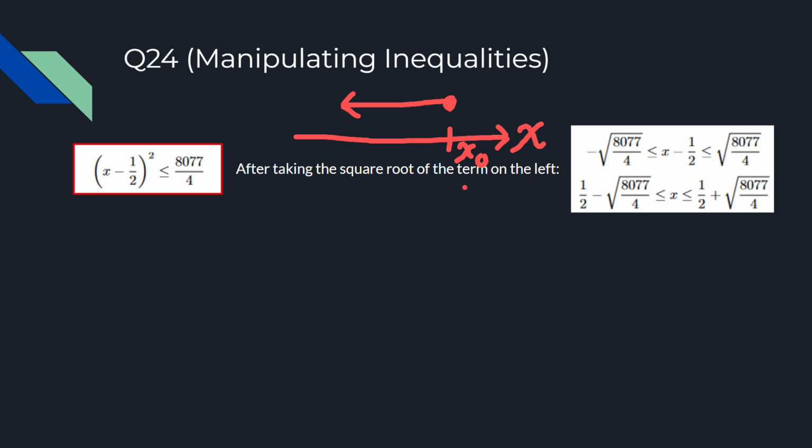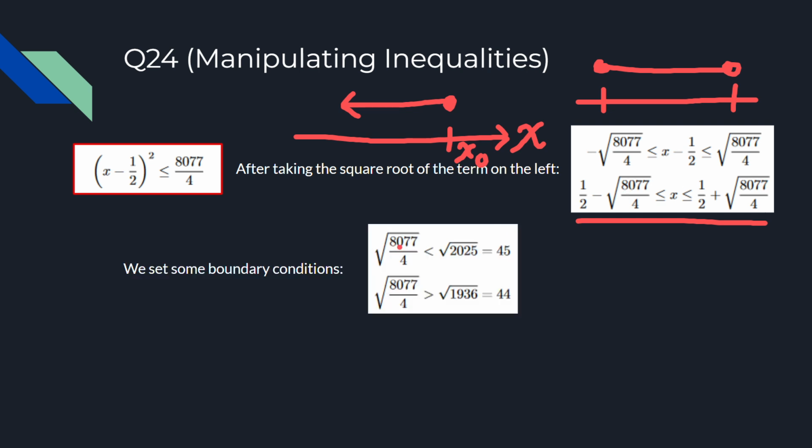So when I take the square root, what I really want to get is something that is within the minus square root of x naught and the positive square root of x naught. So I want something that is in between this. So that's what it's saying. So now I can bring the half over, and now I get this very nice thing. But notice that this one looks a bit ugly, so I can set some boundary conditions. So notice that 2025 is equal to